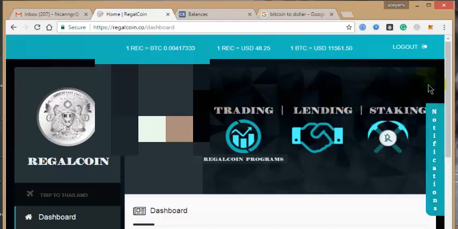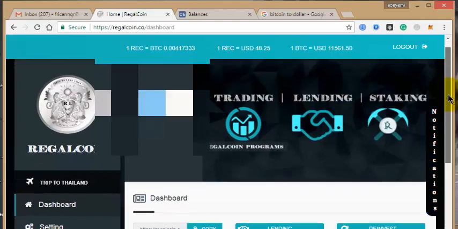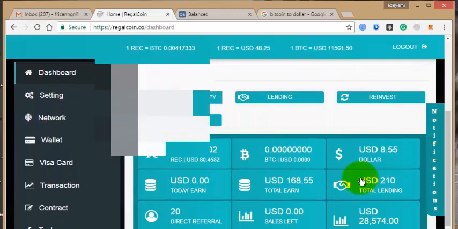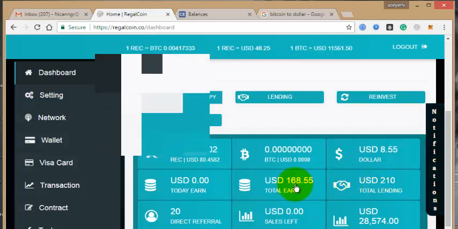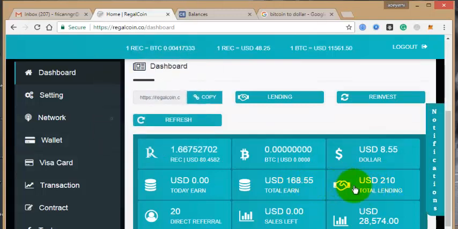Okay, log into your Rega Coin account. Once you log into your Rega Coin account, you go to wallets. Under your Rega Coin account, you can see this guy started with 210. This is the guy that I was telling you about, who withdrew like 200 before. He withdrew $200 before. You can see this other guy as well here. I talked about this guy one day.